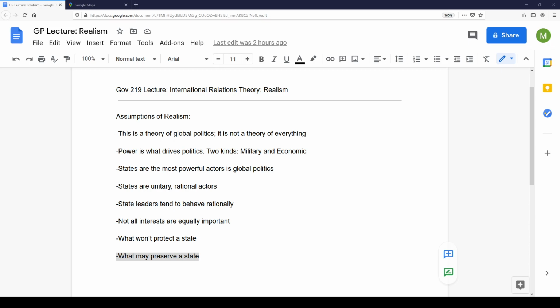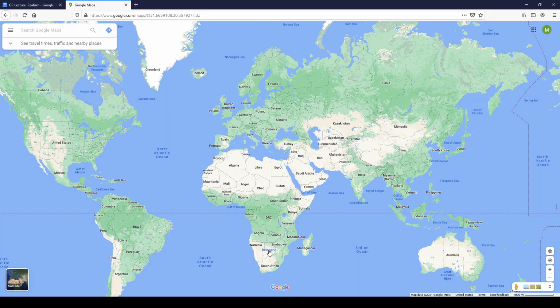It comes down to what's known as balancing, or maintaining the balance of power. And there are two ways that states can go about trying to balance power. We'll go back to the map just so you can maybe think through some of these combinations, perhaps at different points in time. But a state that feels it's under threat from some other state or coalition of states can do two things to make itself more secure.